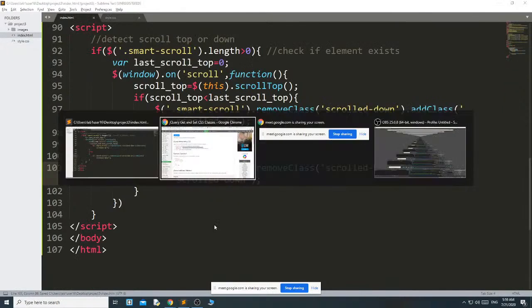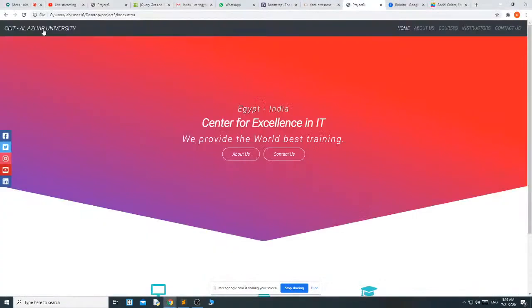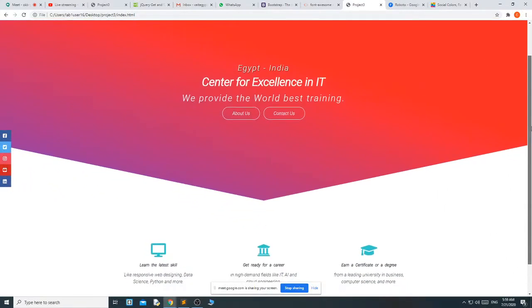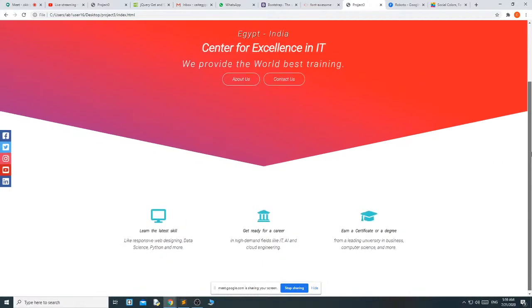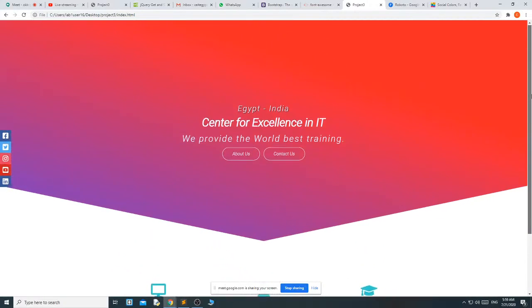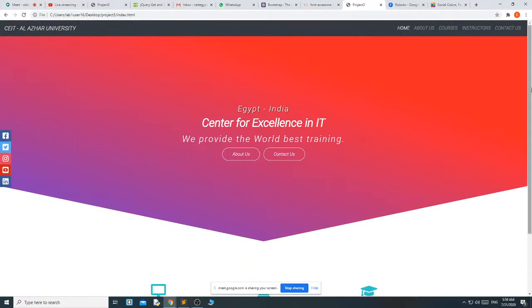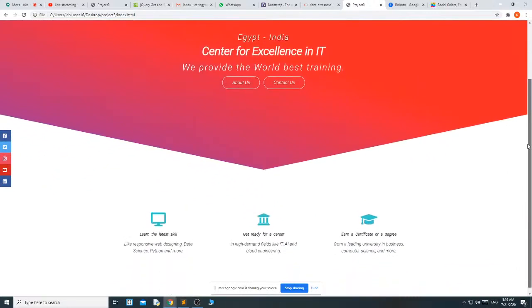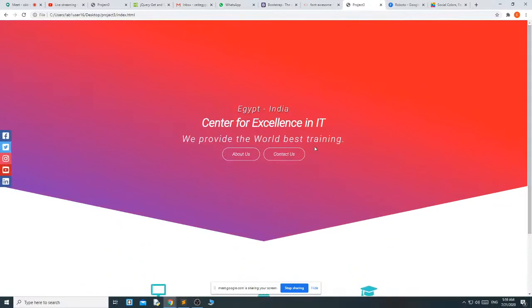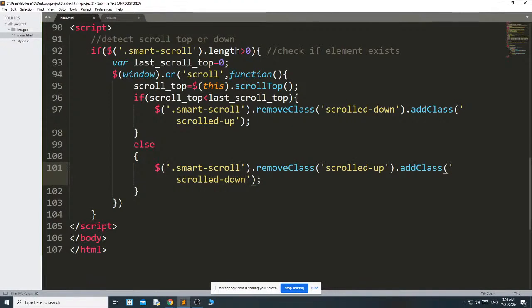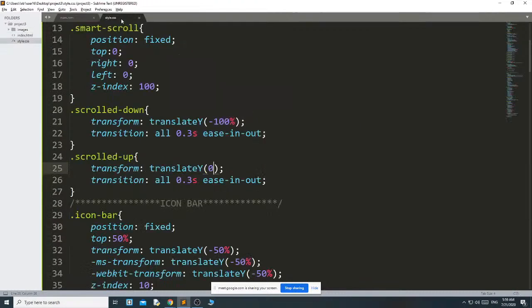Okay, let me see if it works or not. See, when I scroll down, the navbar is gone, but scroll up, why is it not coming? Scroll down, gone. Scroll up, it is not coming. First let me check that.